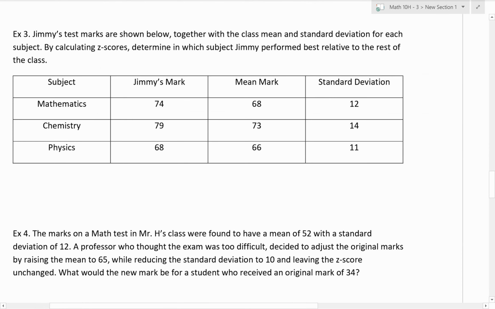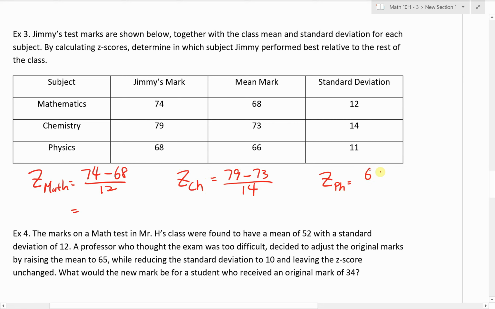Okay, so what we can do is to find the z-score for each of his marks. So for math, again using the formula, it's going to be his score minus the mean divided by the standard deviation. I'm just going to set it up so I can do all the calculations at once. The z-score for chemistry is going to be, he scored 79 minus the mean divided by the standard deviation of 14. And the z-score for physics is going to be his score minus the mean divided by the sigma,